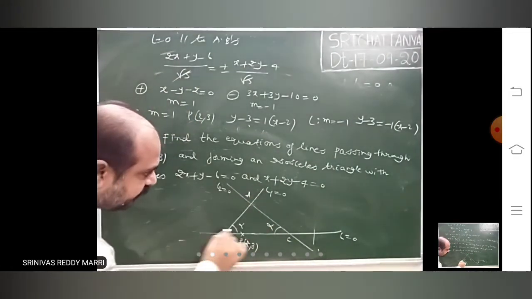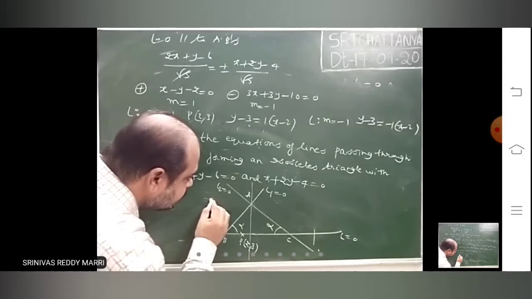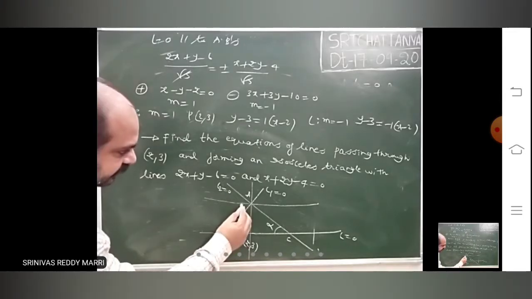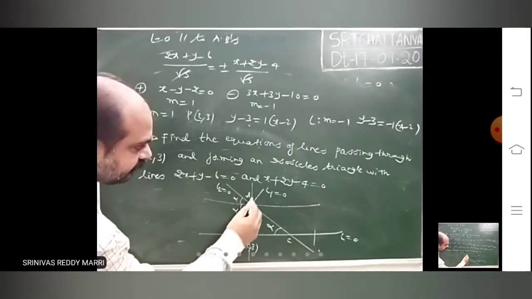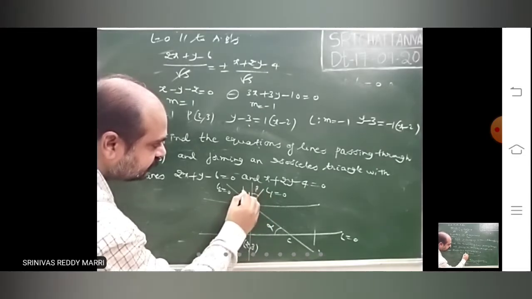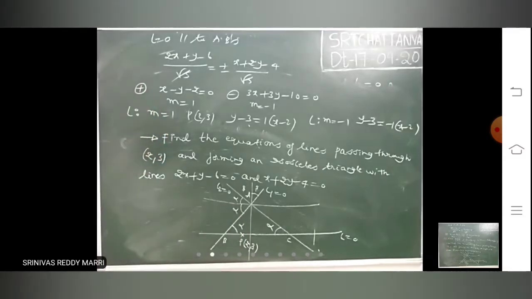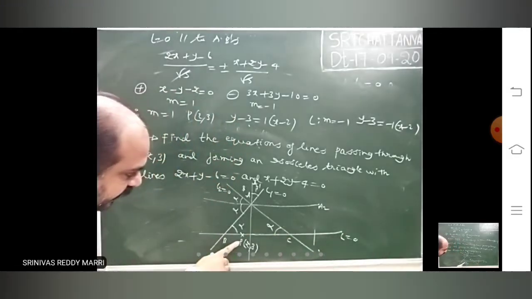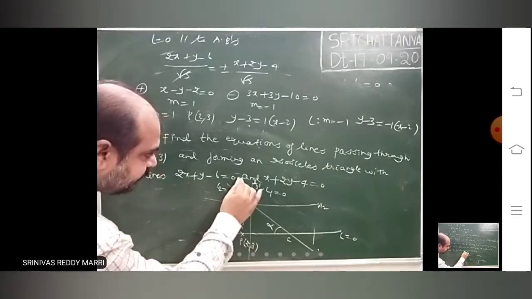Look at how the lines will be. This is one angular bisector, and this is the other angular bisector. Let us say this angle is alpha, this angle is alpha, this angle is beta, this angle is beta. Now look at this, L is nothing but parallel to this angular bisector. Let us say this is A1, this is A2. This L is passing through this point and parallel to this line. This is one possibility, or like this you can draw.